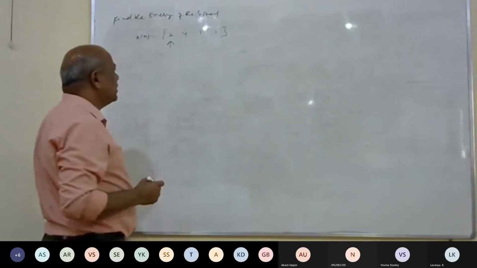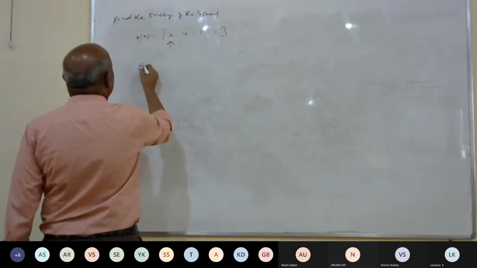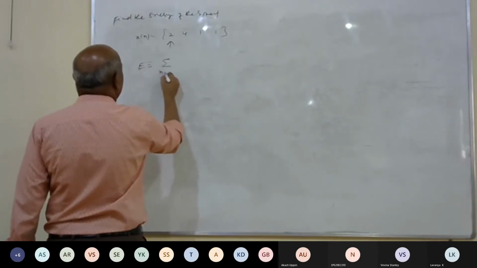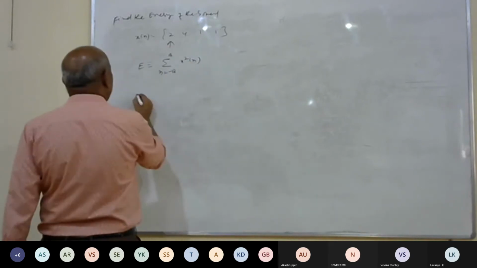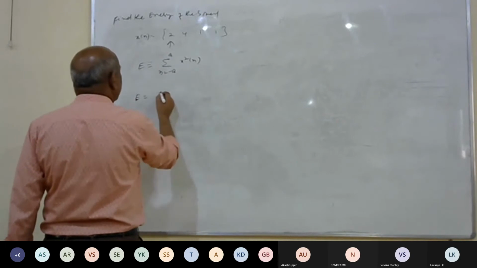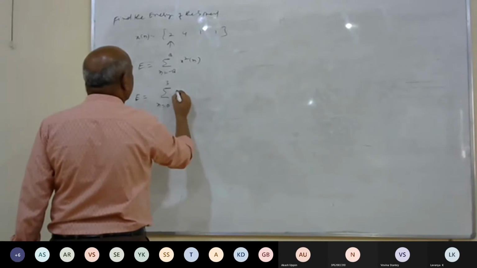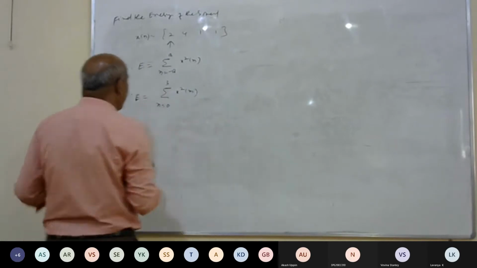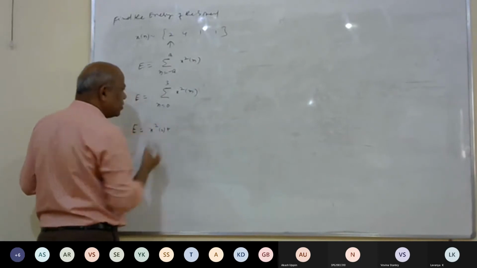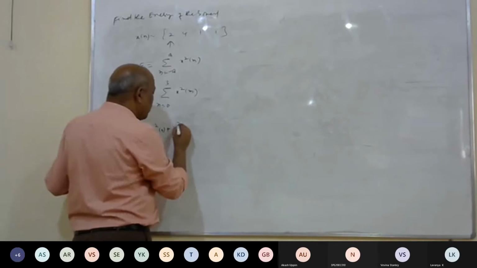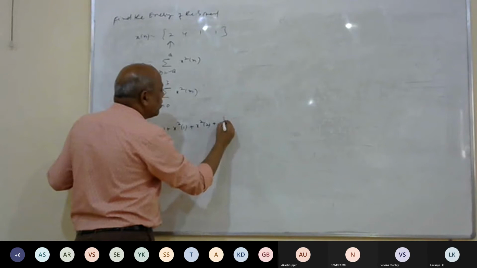Now, this is a discrete time signal. This is at 0, these are 1, these are 2, and these are 3. Energy of the signal is given by the summation over n from minus infinity to plus infinity of x square of n. Now this is the summation over n equal to 0, 1, 2, 3. So E is equal to x square of 0, n is 0; x square of 1, n is 1; x square of 2, n is 2; x square of 3,